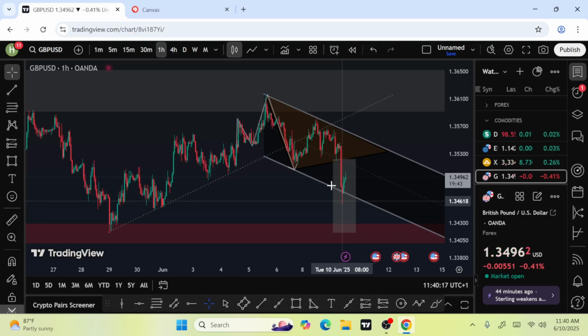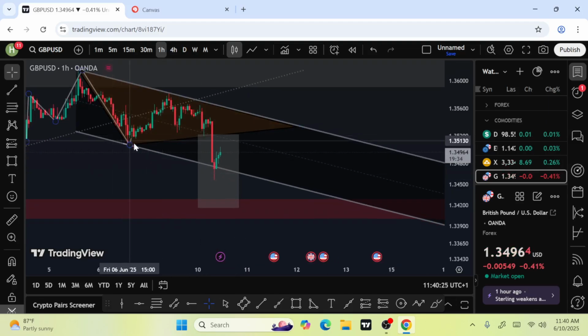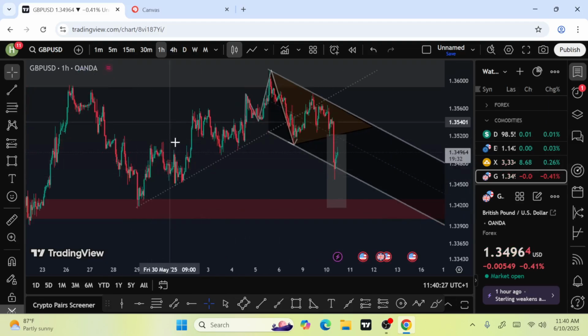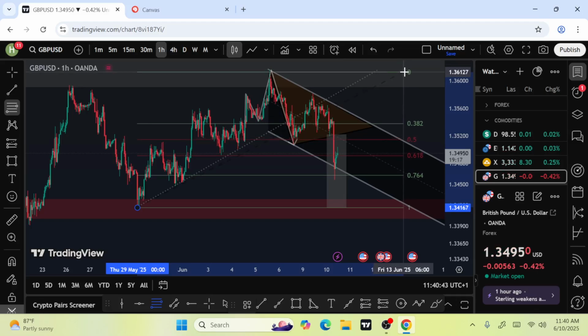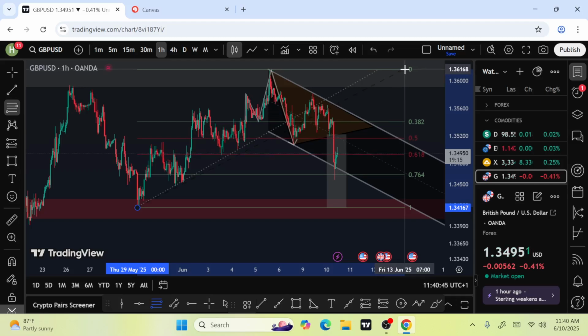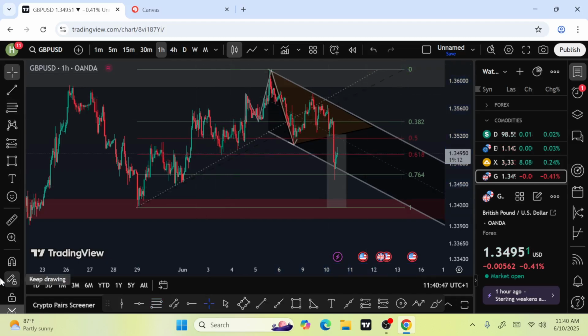Here. Our TP1 was here because there could be a reaction here that could change, which actually happened. Is that not so? Yes, TP2 is that it will come down. Now, from here to here, is that not so? Is your breakout point. Now, take your Fibonacci from this point to the highest point. Do you get it now?